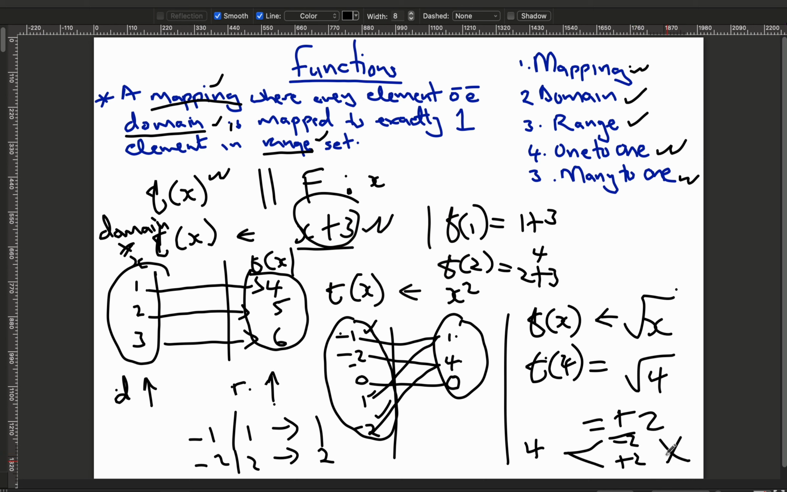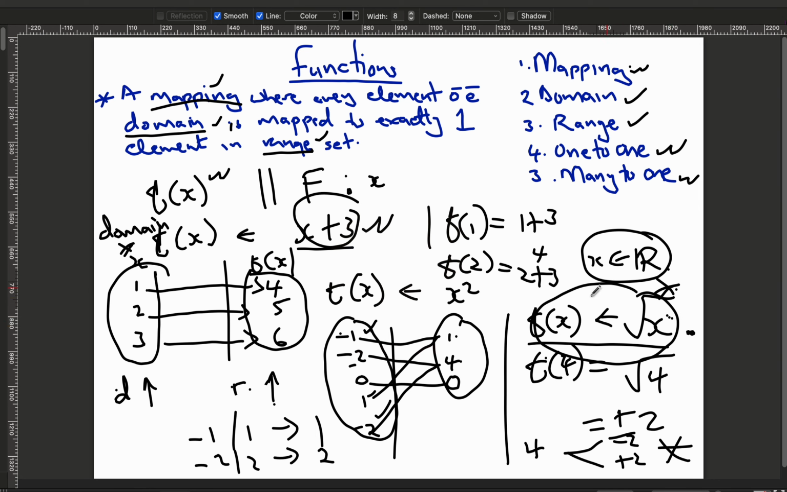So at the end of the day, this is not going to be treated as a function unless we give a restriction on the set of input values. So as long as x is an element of the real numbers, as long as this is my only domain, then this ceases to be a function unless we put a restriction on this. I hope you are able to understand this